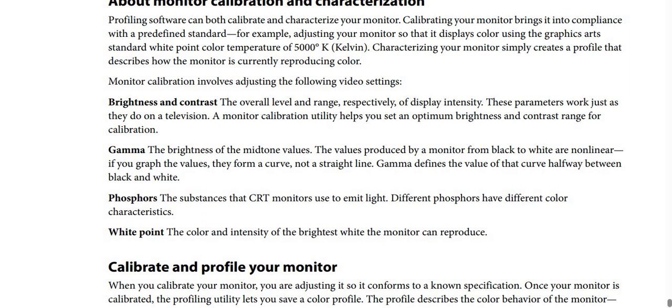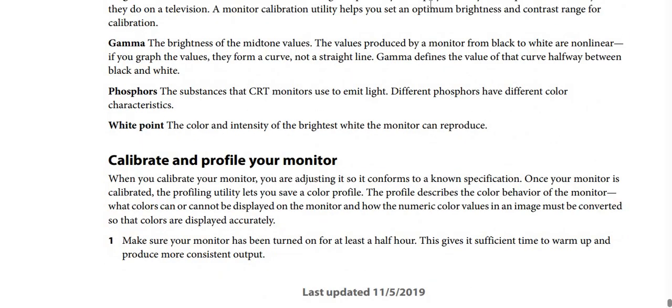Gamma means the brightness of the midtone values. The values produced by a monitor from black to white are nonlinear, and if you graph the values, they form a curve, not a straight line, and the gamma defines the value of that curve halfway between black and white. The next option,